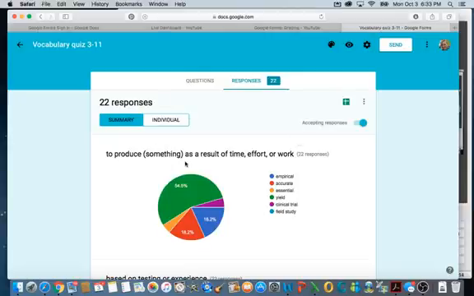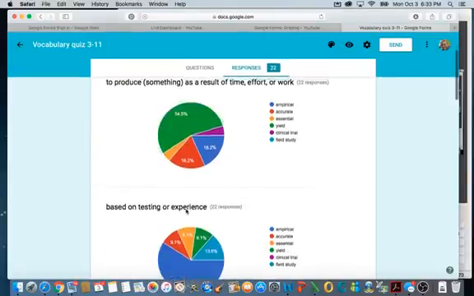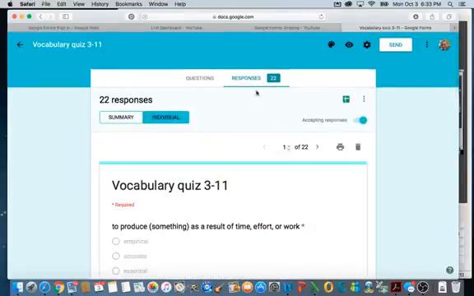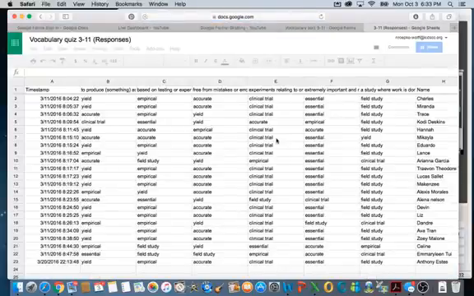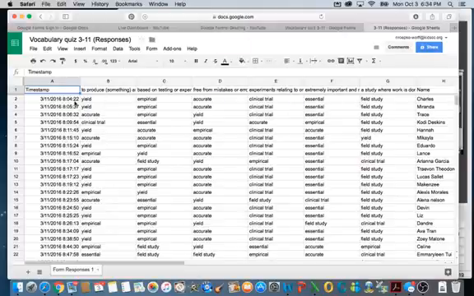Now, obviously, I don't know which students have this. So if I want to see their individual results, I can do this. So this will give me the student name and all of the test results like this, which I find really helpful. So what I'll do is I can look down the list. This is without the grading feature, because of course I didn't have that turned on right now, and I unfortunately didn't save any of those from last year. But I can look and I see, okay, well, the question was to produce something as